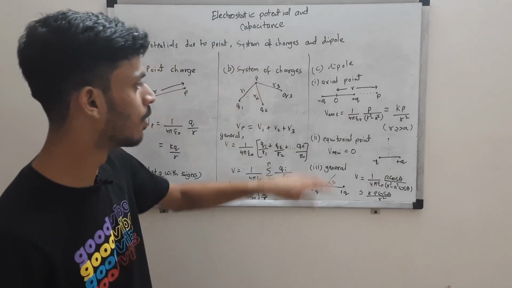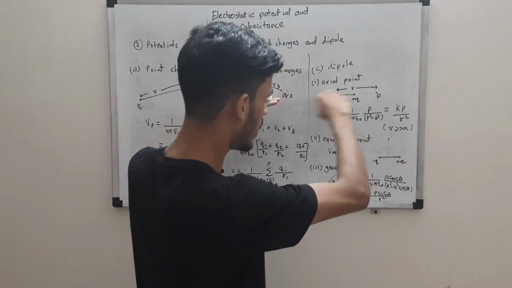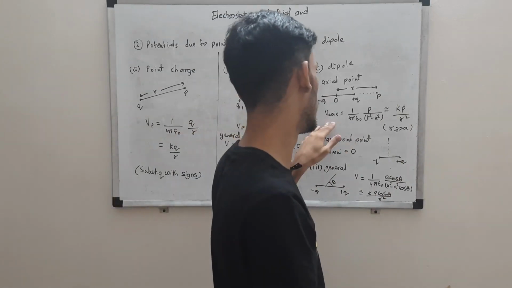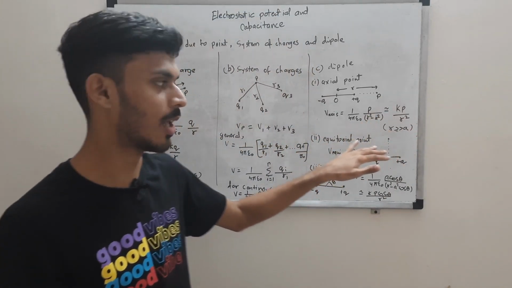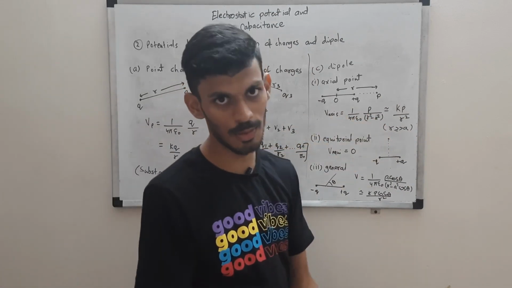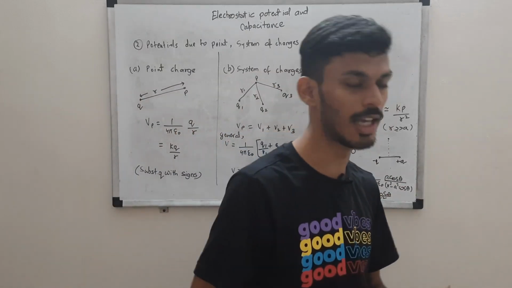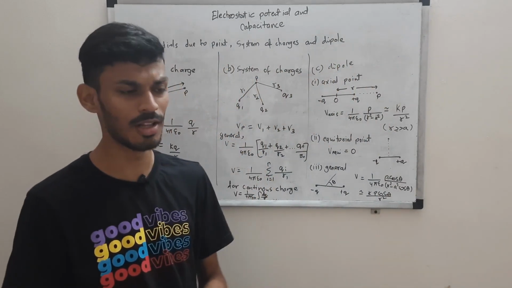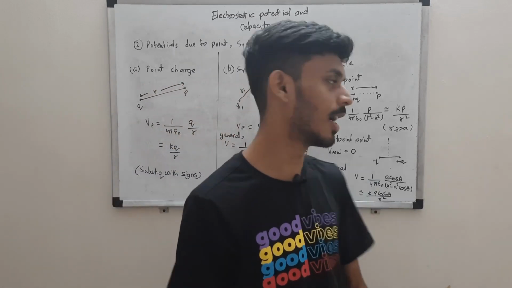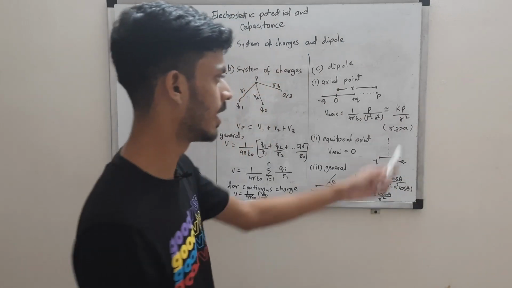Okay, so the field at the axial point, on the axis of the dipole, the result will be kp by r square. Actually it's kp upon r square minus a square, but a is very small as compared to the distance r. Usually in case of a dipole, a is very small, two equal and opposite charges separated by a short distance, right? So a is very small as compared to r,